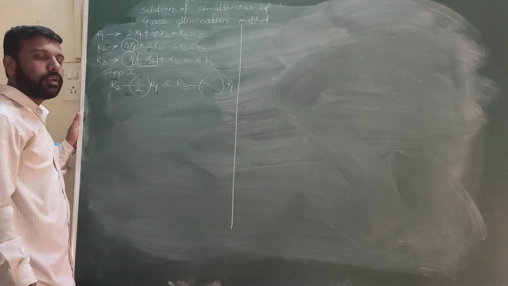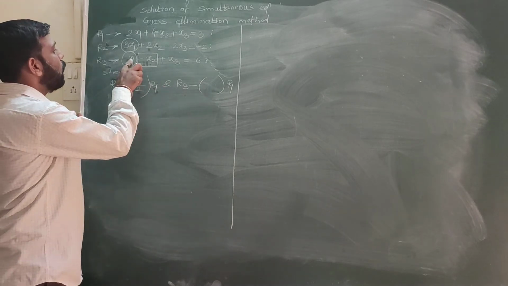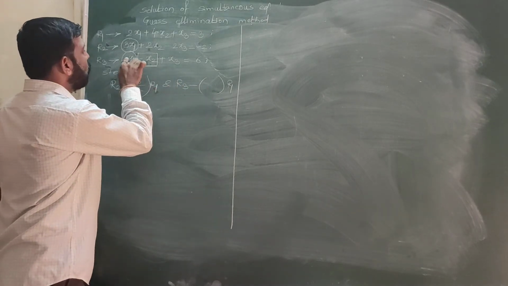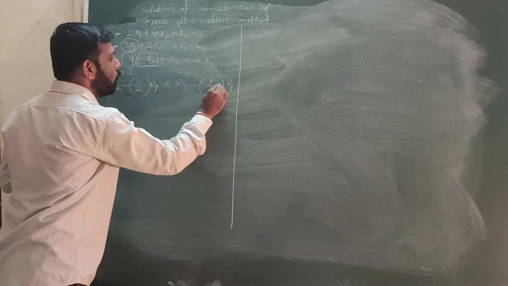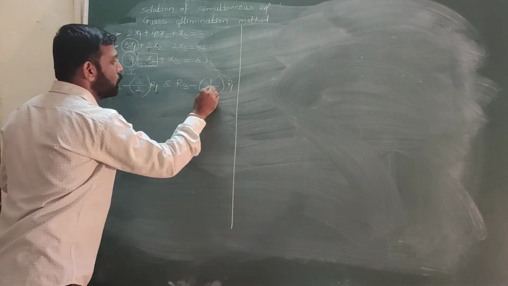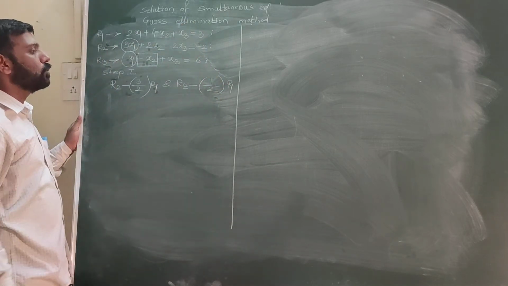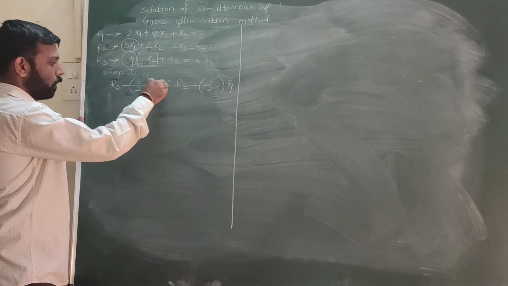So this becomes our operation. Similarly, for R3, the coefficient of R3 is 1 and R1 coefficient is 2. So these are the two operations. Now